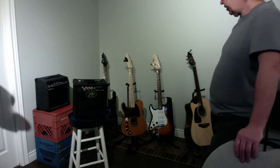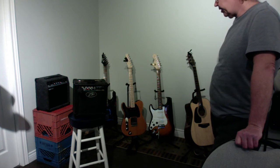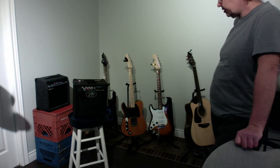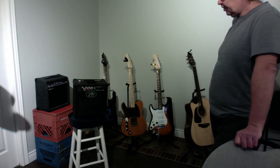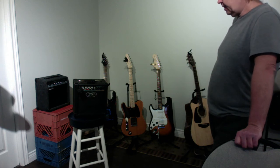It's just the way things go on some amps. They don't like every guitar setup out there. But this one doesn't seem to do too bad on the Strat, and it doesn't do too bad with the humbucker guitar, my Chord X2, the black one. As far as staying really clean throughout the levels, it does a nice job, right up